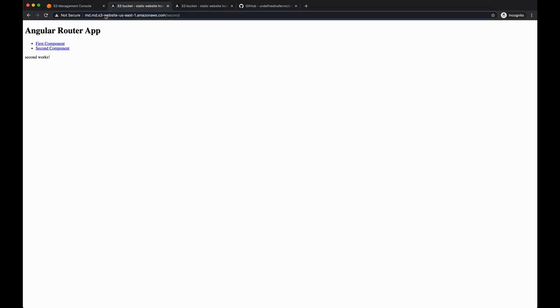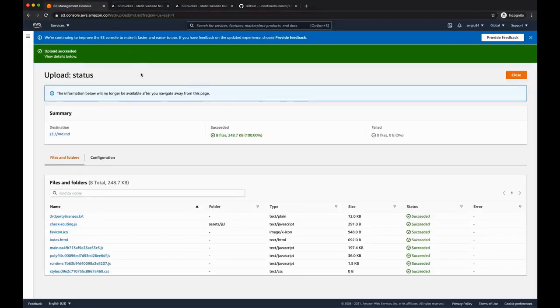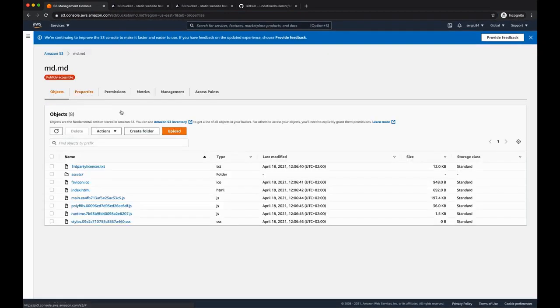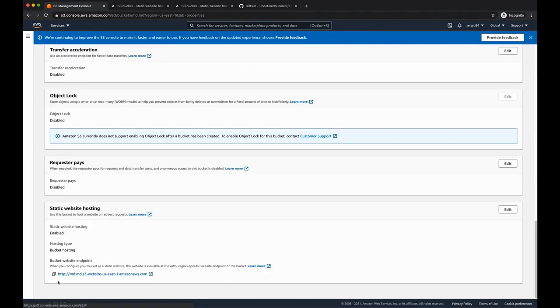The next thing to do in this case is to enable HTTPS. Without HTTPS, our site is not so trustworthy nowadays, and we have to enable this. So if you go into the bucket, under your bucket properties at the bottom of the page, you can see this one is served only via HTTP protocol. In order to enable HTTPS, we have to attach a CloudFront distribution to our bucket. Let's copy first of all this URL